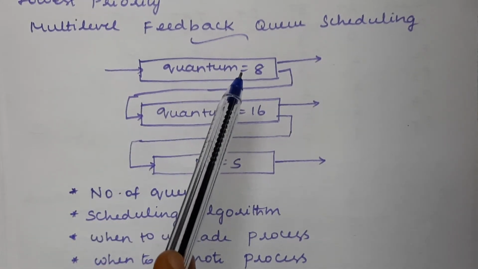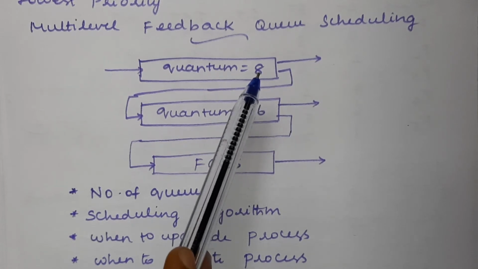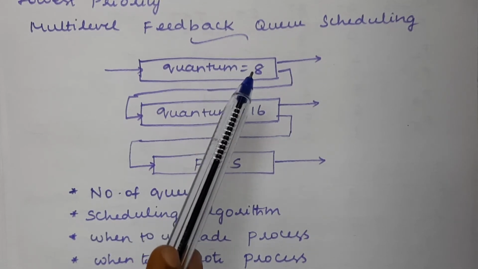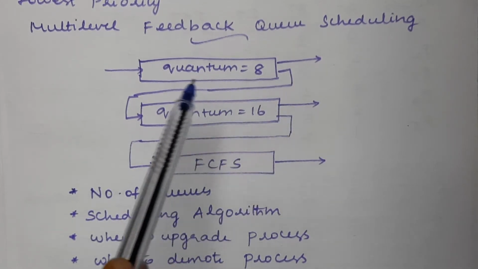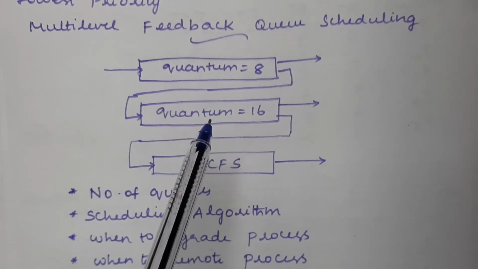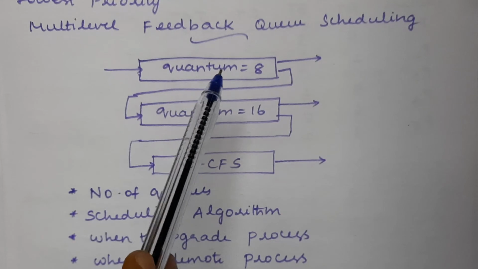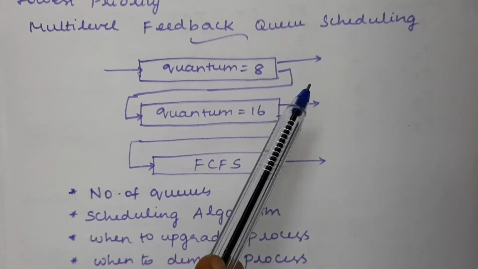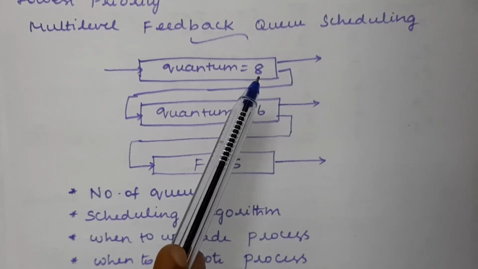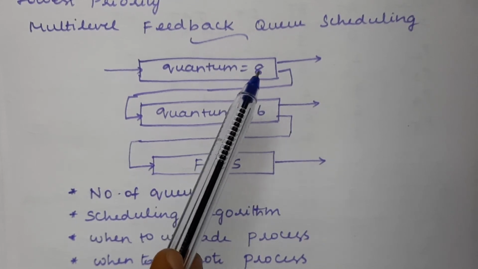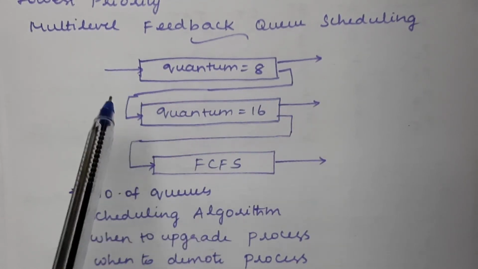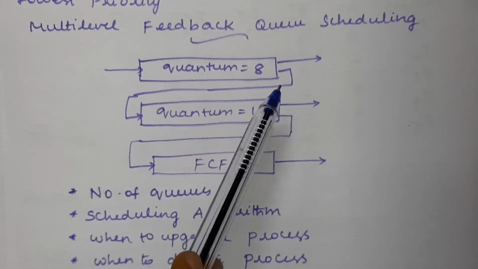Whatever process we are scheduling, it will be executed only for this time limit, that is 8 milliseconds. If some process exceeds this time quantum period, then that particular process will be moved down to the next level of queue. So we are not maintaining the same process in the same queue, right? If the process has been scheduled and does not complete its operation before the time limit, what is the time limit here? It is 8 milliseconds. So if it is not possible to complete its execution before this, then that particular process can be moved to the next level. Okay, so that is the feedback queue.